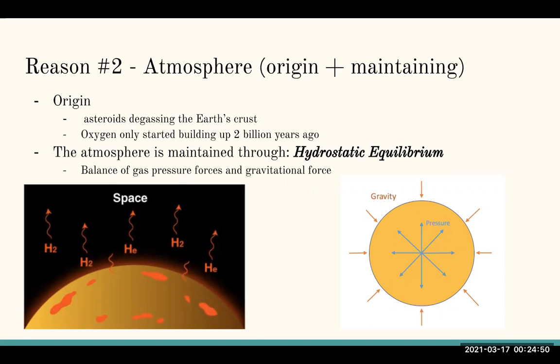But if you know a little bit about astronomy, you know that the Earth is obviously not a perfect sphere. It's a little oblate, a little more like a deflated beach ball kind of shape. It's not a perfect sphere. So yeah, the origin of our atmosphere would be during this heavy bombardment, when asteroids were just